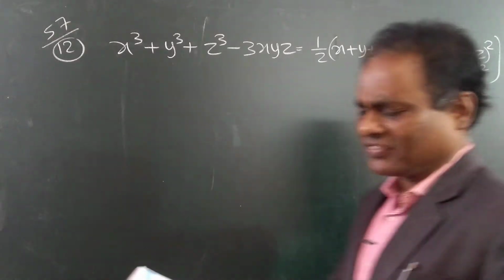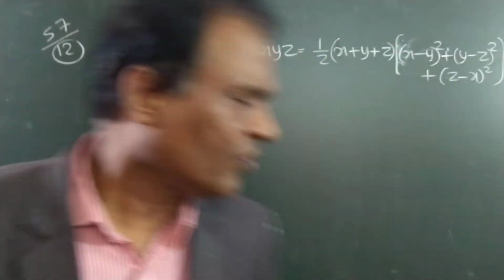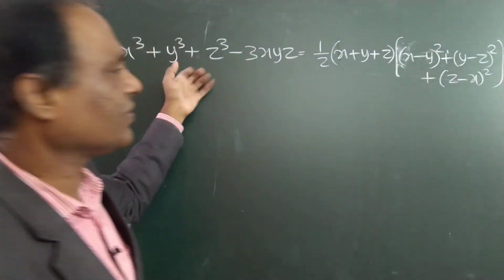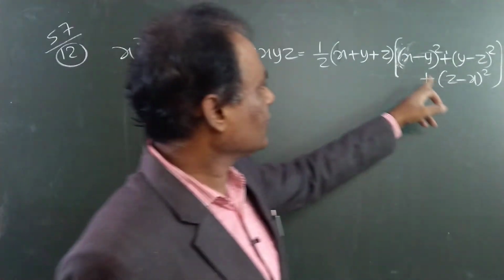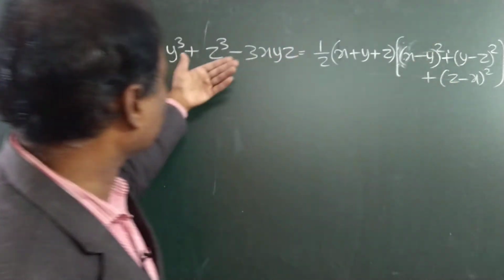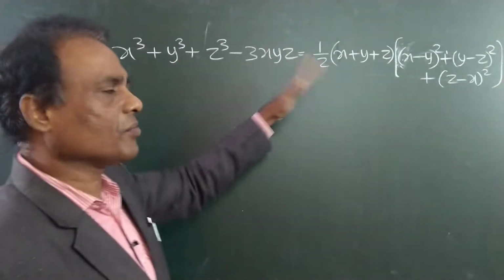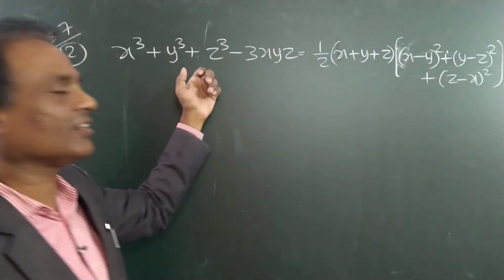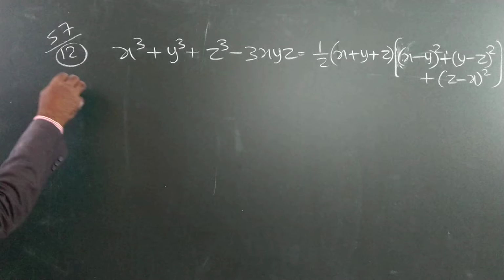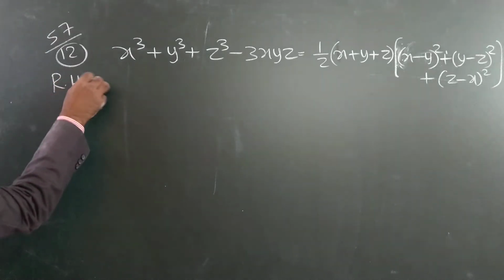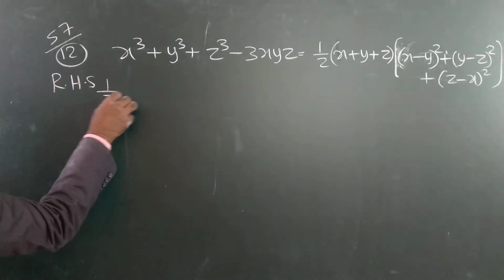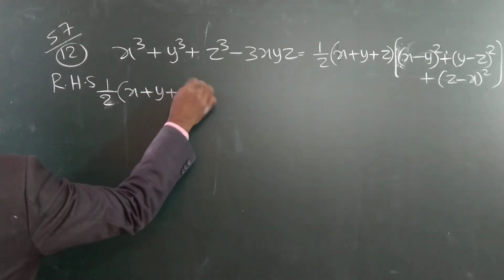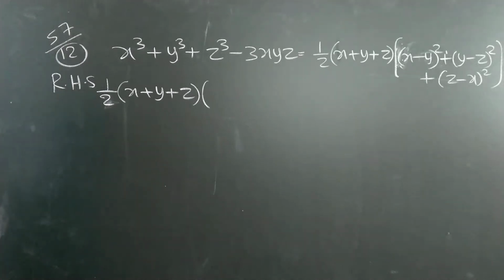Verify that. Very simple. Whichever side is in the bigger form, you take it, simplify it, and get the other answer. Take the RHS, simplify it, and we will get this answer. We have to prove that both sides are equal. So take the right hand side, simplify it, and prove that it is like this. It is a very simple problem, direct, no concept, just the simplification.